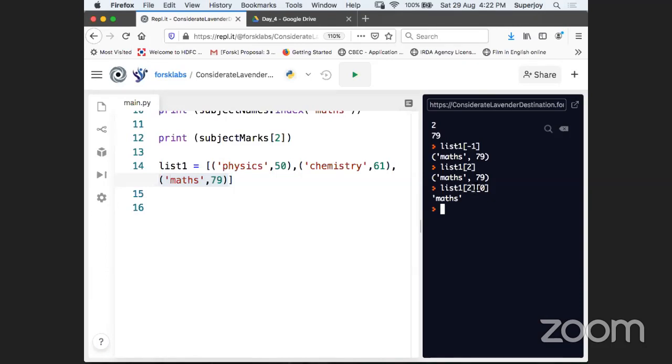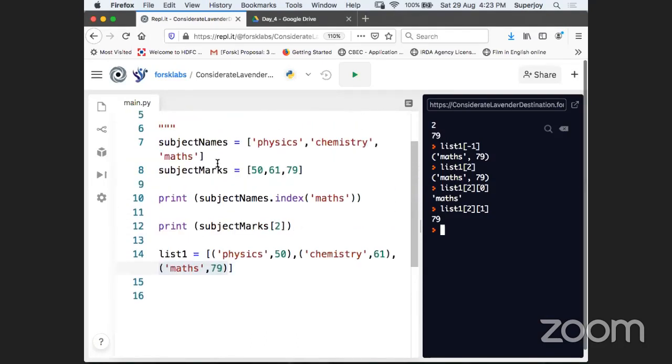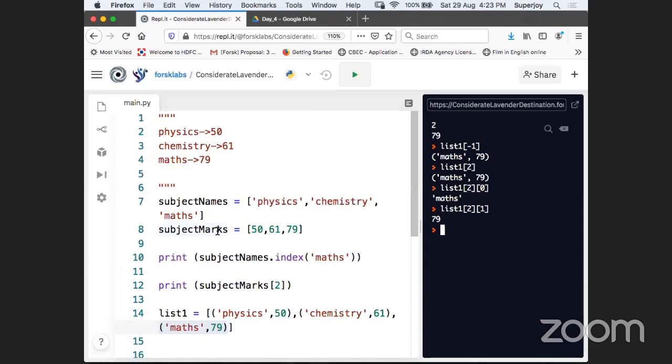And then, guys, this index is basically specifying the first location from that tuple, and obviously that is our subject name. Okay, so this is how you get the subject name, and now if you specify this to 1, you will get the corresponding marks in the math subject as well. So this is a little better approach, guys, than the earlier one where we were using 2 list names, right?